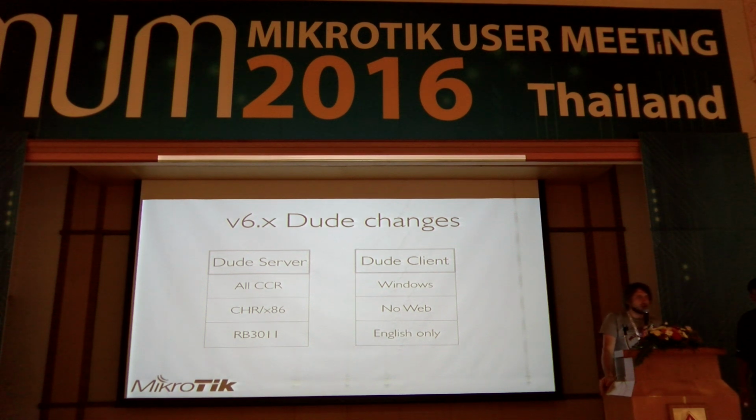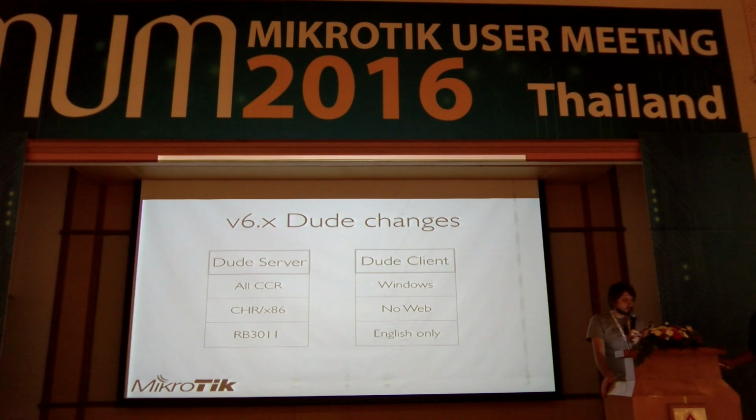NAND and you will have 1,000 devices with logs, notifications and so on. Sooner or later you will run out of disk on the device. So they are quite careful about this when we use The Dude. Look at the space carefully, depending on how many devices you monitor, and you can calculate how much you should use. The Dude server can also be installed on CHR cloud-hosted router and x86 devices.